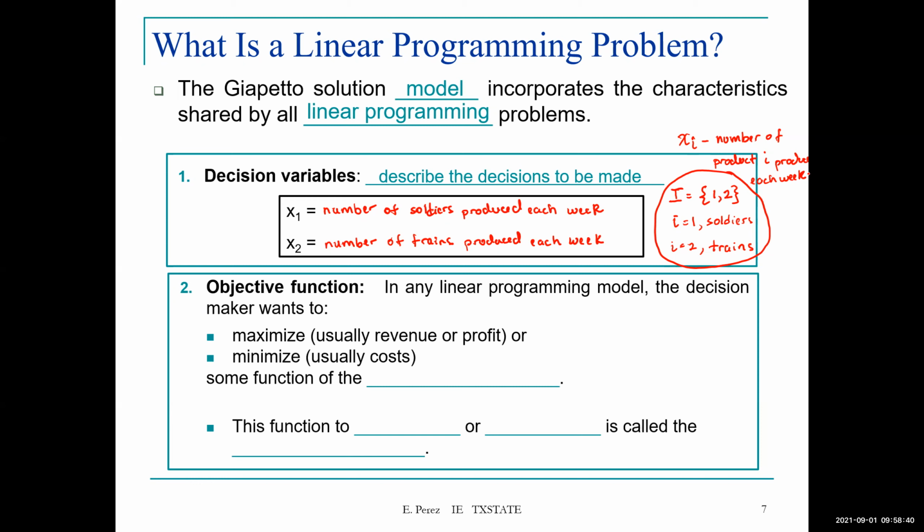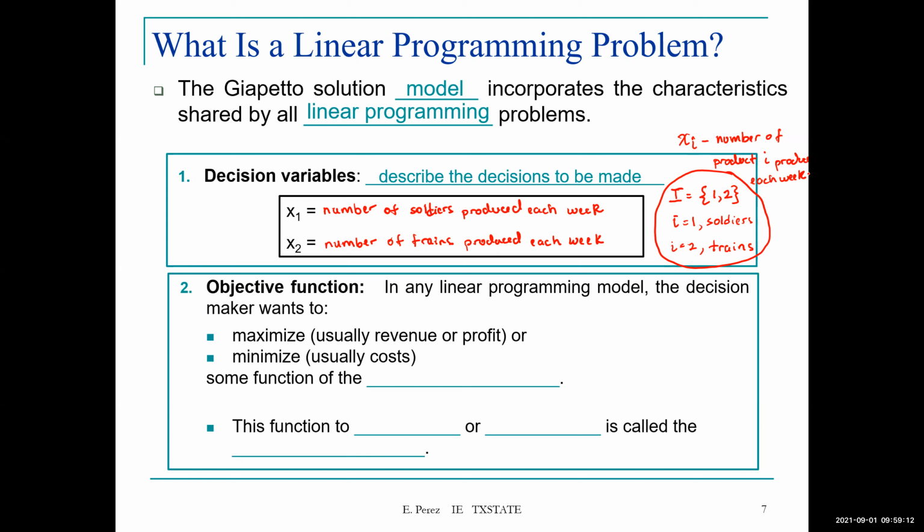Every time you are formulating a linear programming model, you have to start by defining the decisions. What are the decisions that you are trying to make with this model? These decision variables are the ones that you're going to use to build the rest of the model. Based on this, I can now formulate